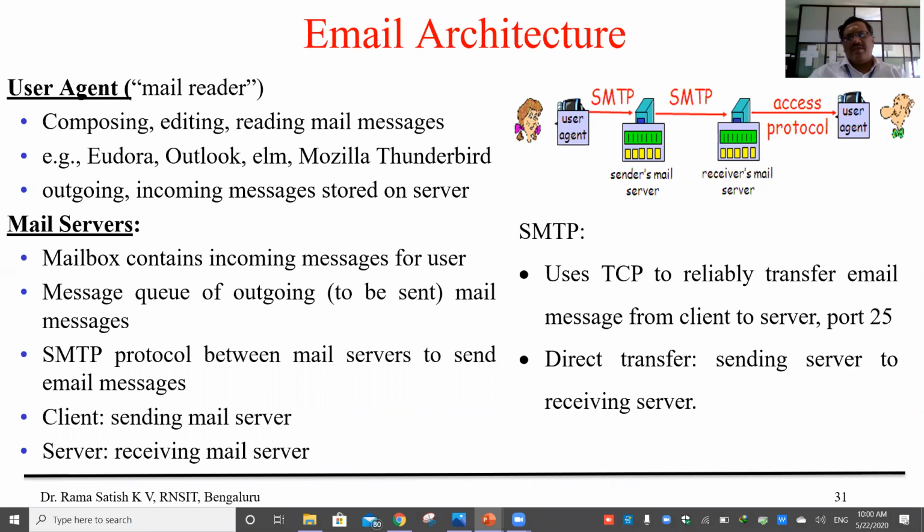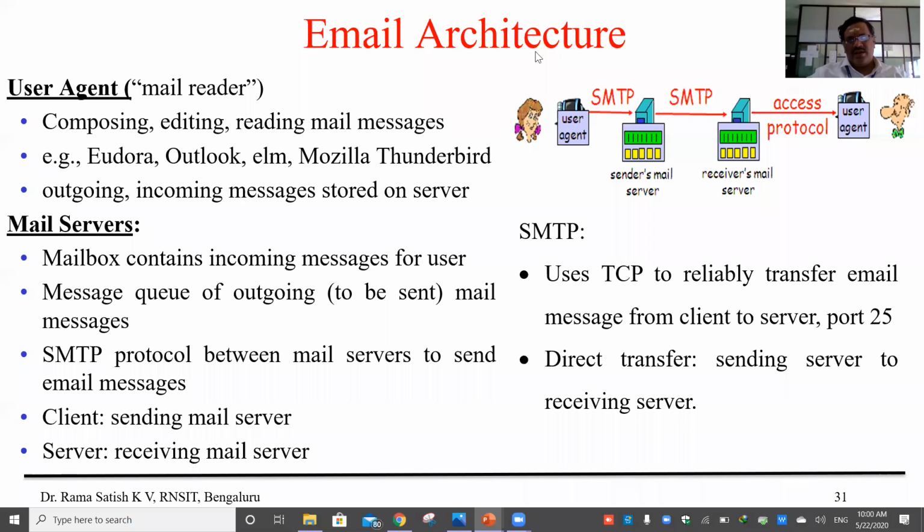Mainly SMTP's job is to send mails from the sender's mail server to the receiver's mail server. User to mail server, that is also done by SMTP.